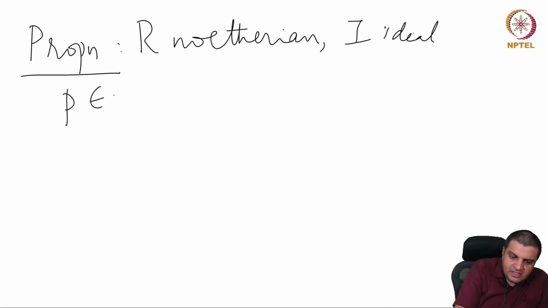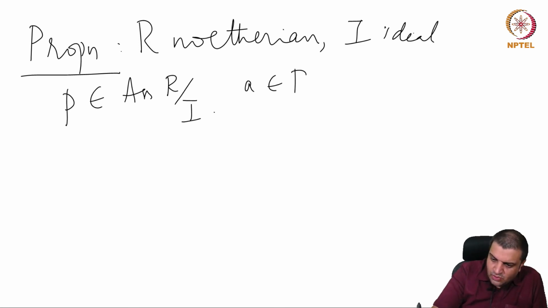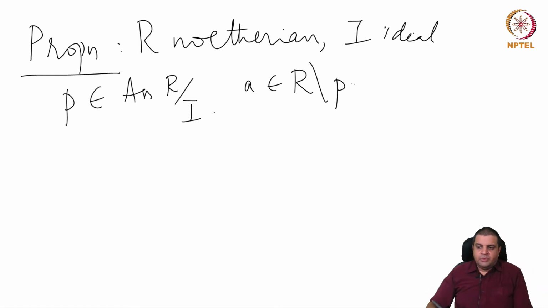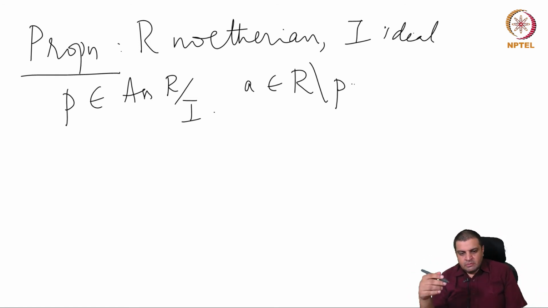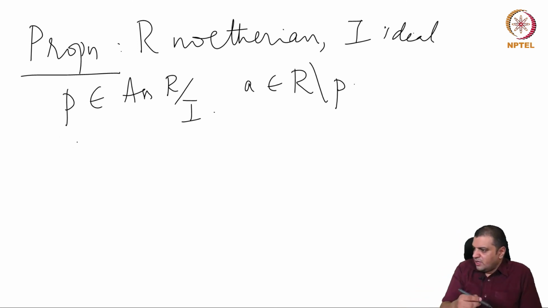Let's say P is associated to R mod I, and A is not in P. So we are trying to find some property of such associated primes. Then